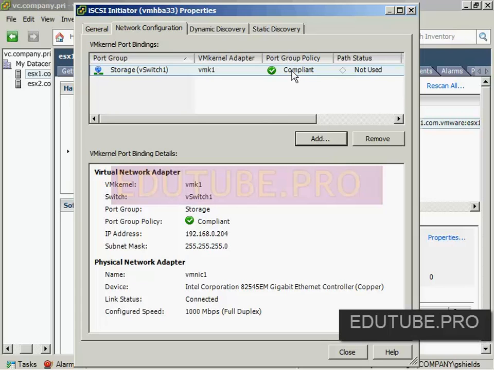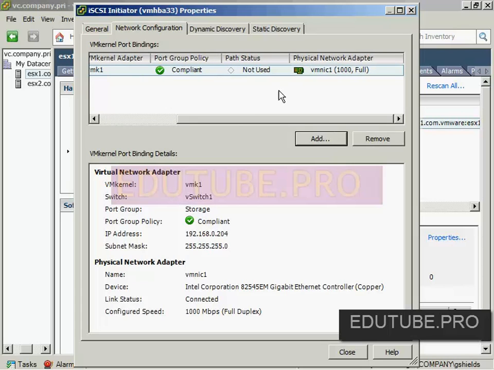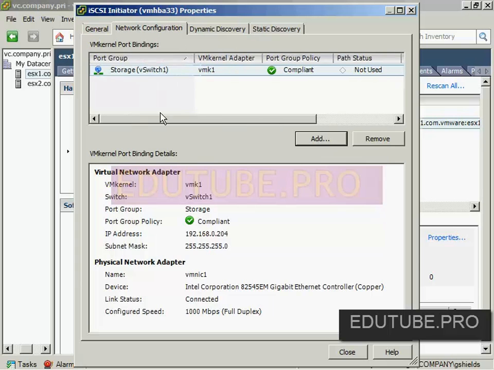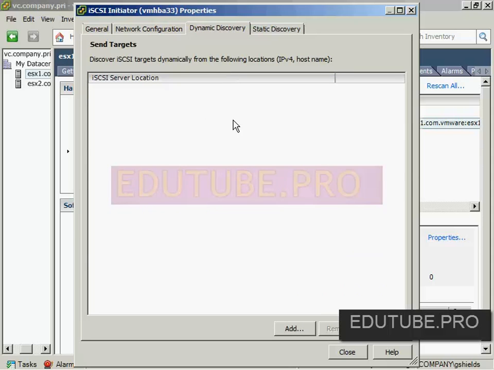By doing so, you'll see the port group policy is set to compliant. I'm not using multiple paths here, so I don't have to worry about the path status. Although if I were using multiple paths, which is generally a really good idea with iSCSI, you would see this here, where you could verify whether the path status was compliant or not. Now, once I have at least a single connection set up here in the Network Configuration tab, the next step is to go here under Dynamic Discovery to identify the servers, or the storage servers, the storage processors, that are going to be exposing iSCSI LUNs for the purposes of